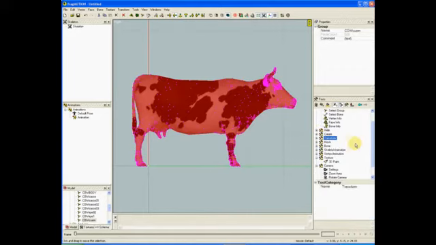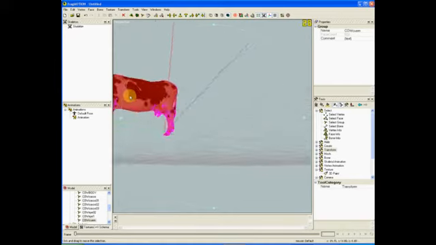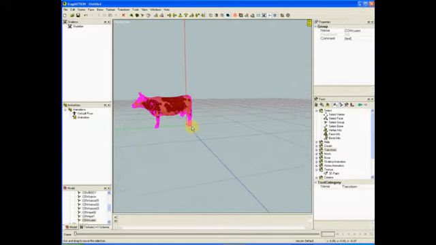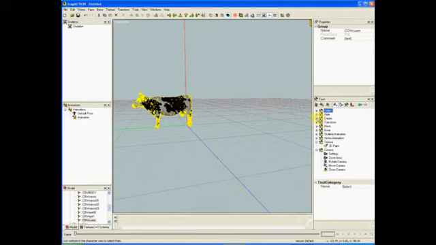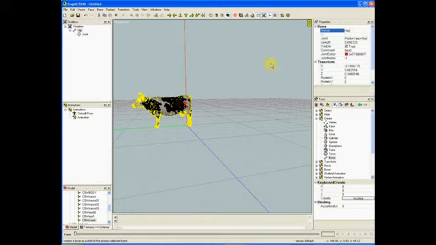Okay. Now then, back to our 3D view. And create bone. Here is our hip, and we name that here, and we'll call it hip. And then we can create,